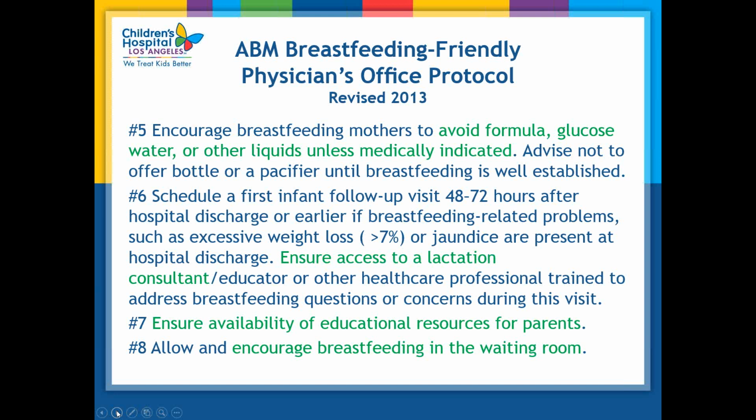Encouraging breastfeeding so that we can avoid formula, glucose water, or other liquids unless medically indicated. This is actually very, very important, and something that physicians especially have to be shown and educated about and stressed about, because number 6, the follow-up visit at 48 to 72 hours after discharge, is actually not that common. So make sure, if you're working with clinics, that you have a strong tie to the birthing hospital and you're able to get the